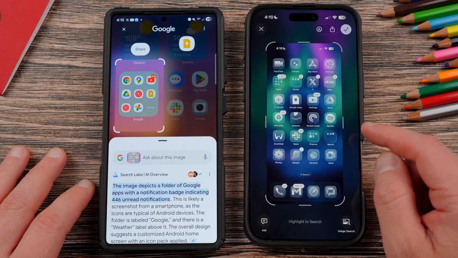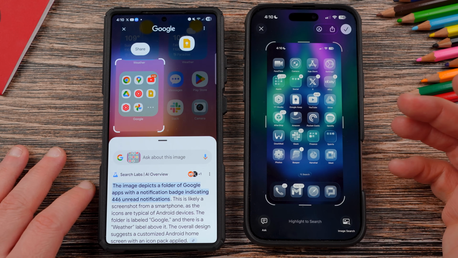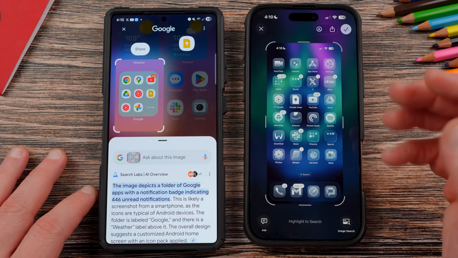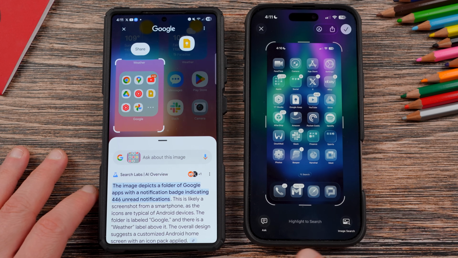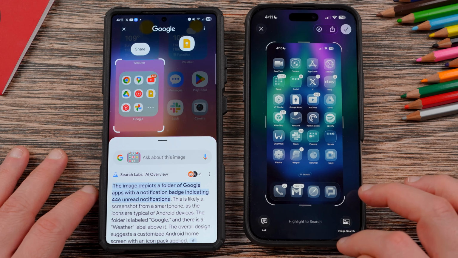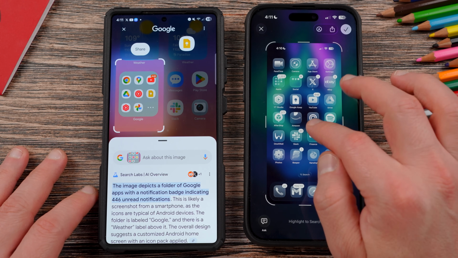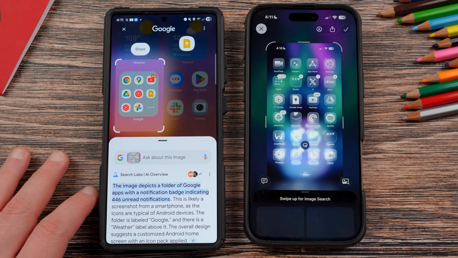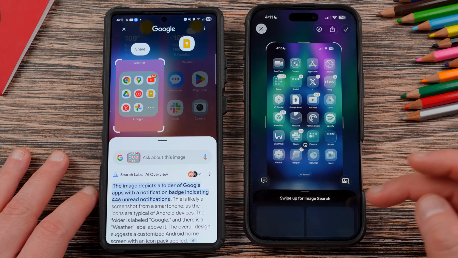Here, if you take a screenshot, by hitting power and volume up, which I did behind the camera there, you'll then be able to do this new highlight to search, which includes Ask ChatGPT as well as image search. If you do highlight to search, it works basically the same. You don't have to tap on this. I forgot about that. You can highlight any part of it, and then you can swipe up for image search,